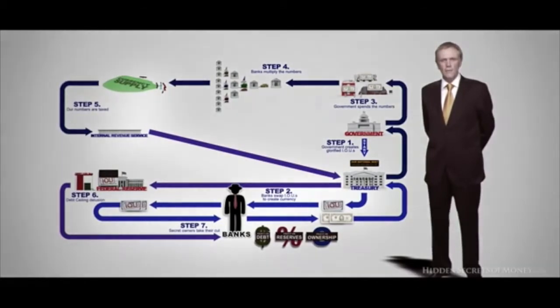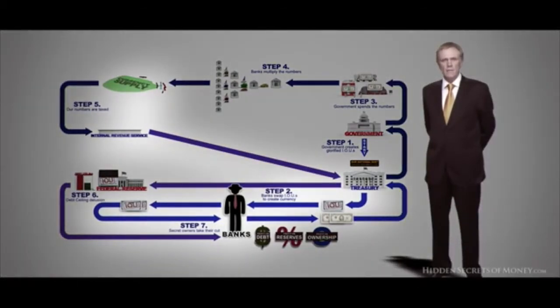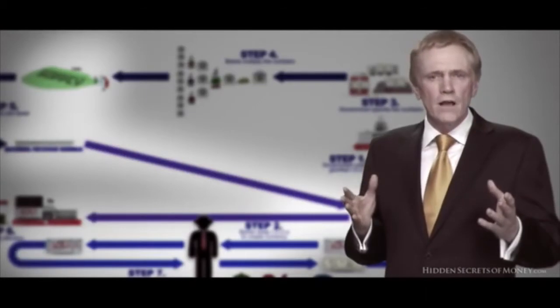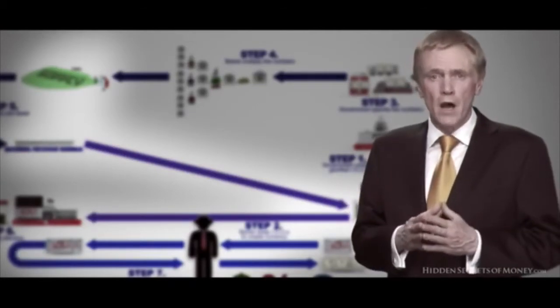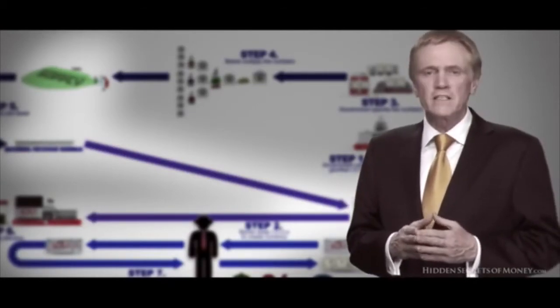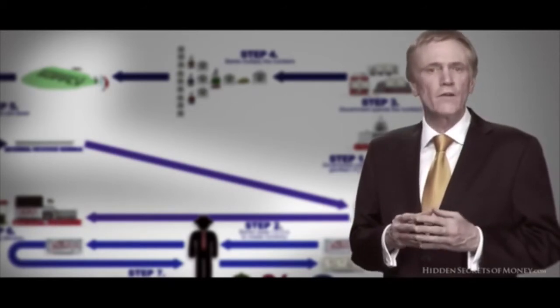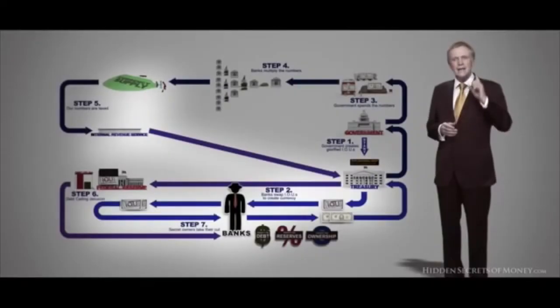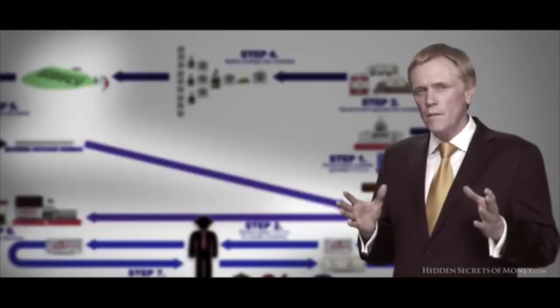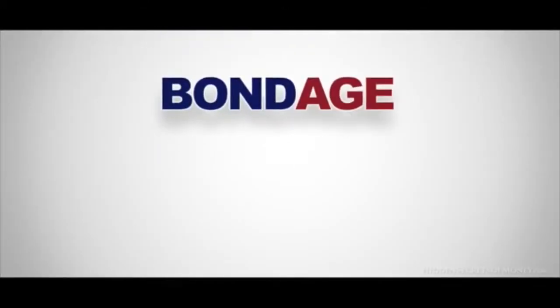It funnels wealth from the working population to the government and the banking sector. It is the cause of the artificial booms and busts of modern economies, and it causes great disparity of wealth between the rich and the working class. And it is only possible because we no longer use real money, we use currency. But worst of all, it is a form of enslavement. Bond is the root word of bondage.